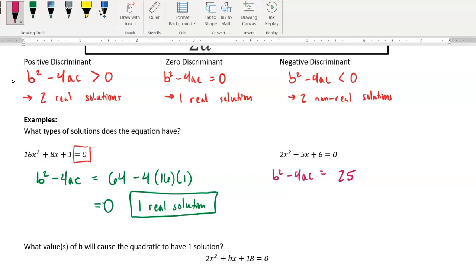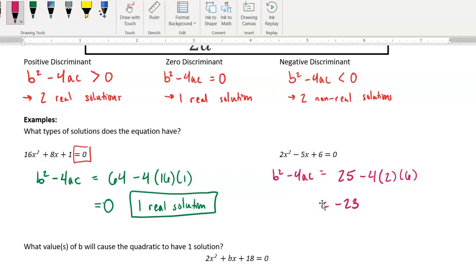So it's going to give you the wrong answer. So I would try to square as much of this as you can in your head without doing it on your calculator. All right, so -5, when you square that, like I said, is a positive 25. Now the rest of this I'm not going to do in my head. So it'll be -4 times a, which is 2, times c, which is 6. And then that would equal, again, just type that in exactly as you see it on your calculator, and you get